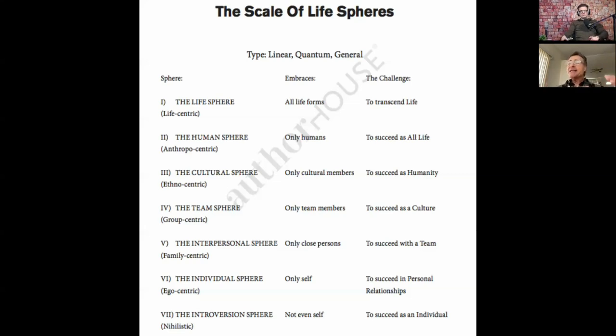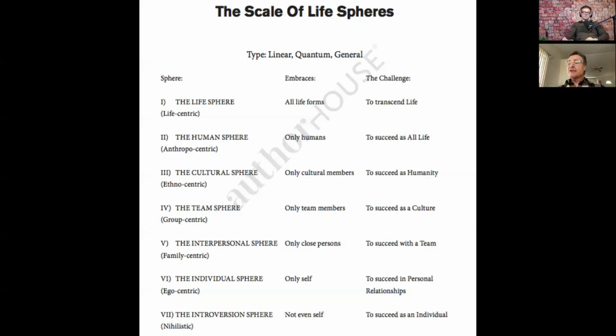You see how your space is expanding. When you're at level 7, you're a point. A point, if you recall from geometry, has no dimension, has no size. It only has a location. That is what a level 7 person is like. When you get up to 6, you have some space, but it's only yourself.